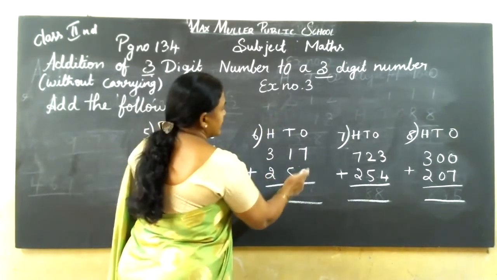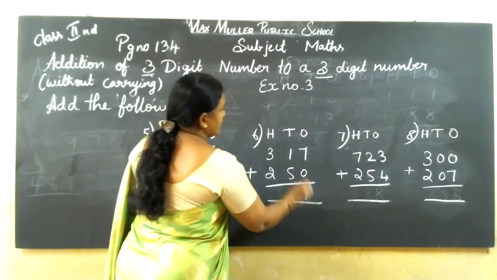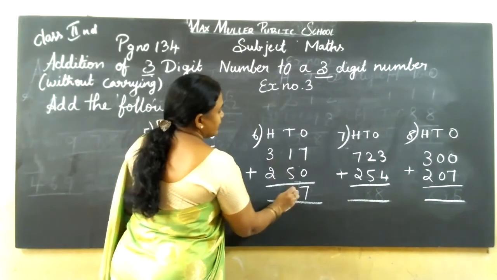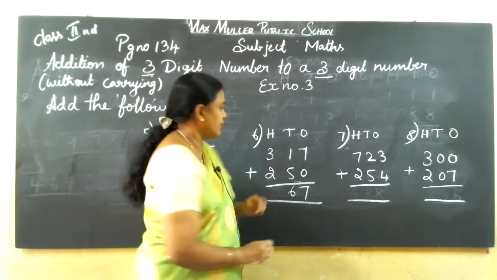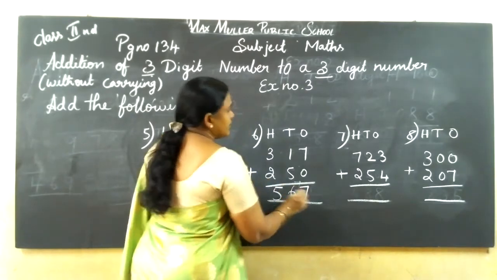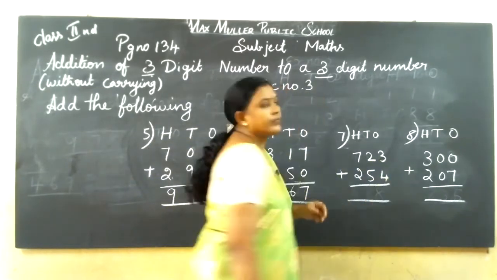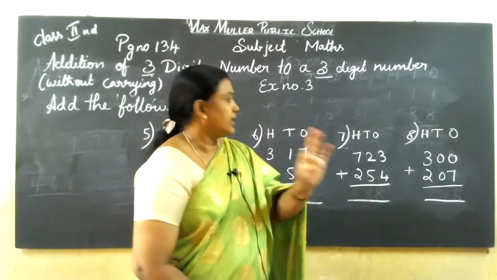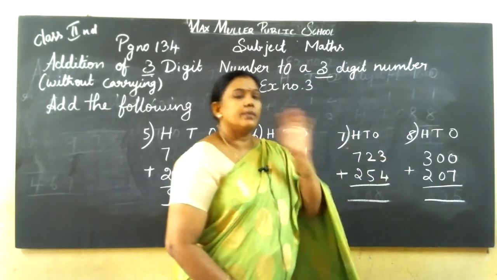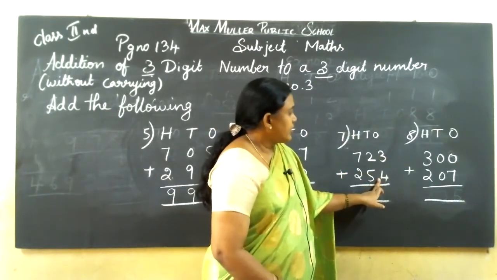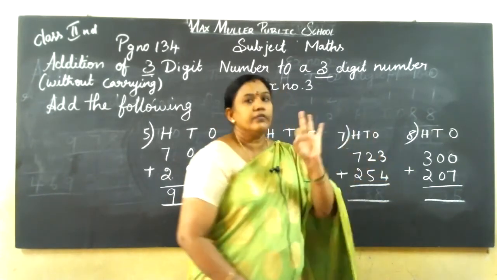Here, 7 in the mind, 0 in the finger, or 7 only. 5 in the mind, 1 in the finger, 6. 3 plus 2, 3 in the mind, 2 in the finger, 5. 3 plus 4, 4 in the mind, 3 in the finger. See, children, don't be confused. Which one is the big number? That you keep in the mind. 4 you keep in the mind, 3 in the finger.